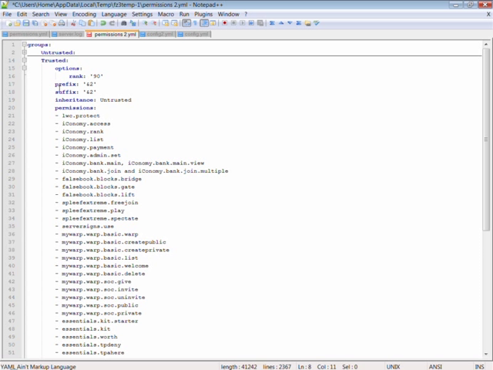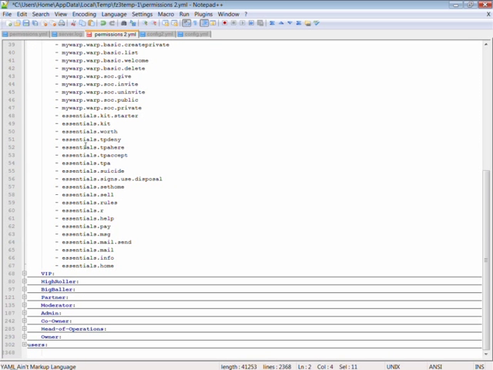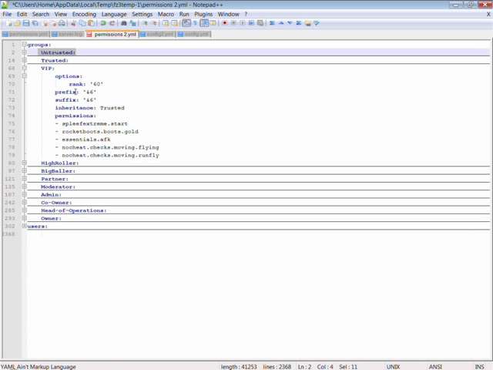Now we go into a little bit more here. Inheritance, as you can see, goes from here to here. You go inheritance and then whatever rank you want them to inherit. So this way, this rank here will inherit any permissions that this rank here has. And as you can see, the permissions are set. And then for higher up ranks, inheritance,